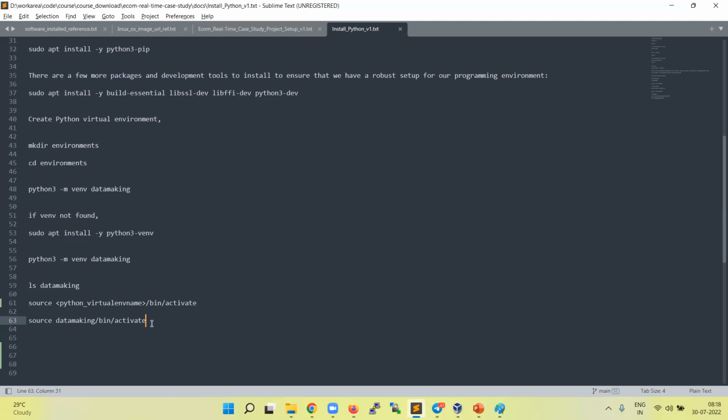When I was creating this VM, I was able to make this virtual environment. Now, when I restarted my VM, I need to activate it every time. Yes, definitely you need to activate it. Now when I go to that user DataMaking, I can't activate it. It is saying not found. What might have happened is, wherever the location where you run this command, in that location you will find this folder. If you are running from a different location, then it might say the Python virtual environment is not found. Just go and check.